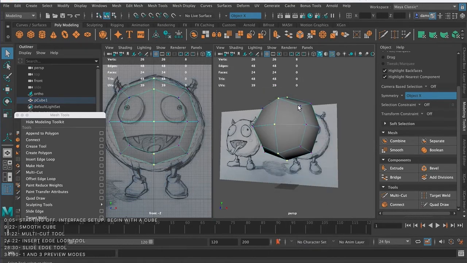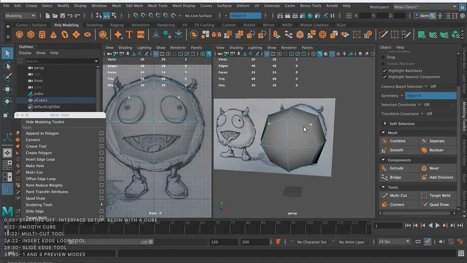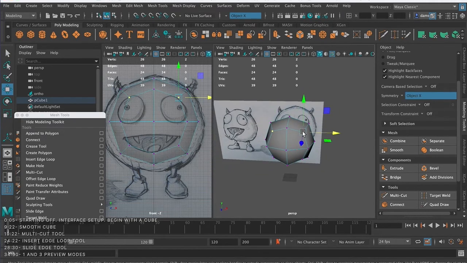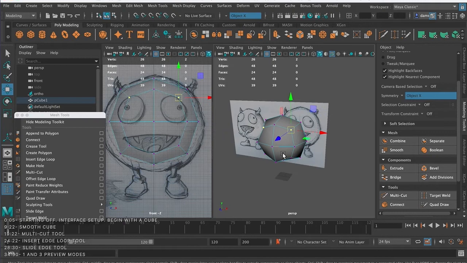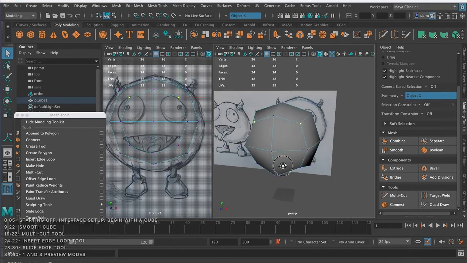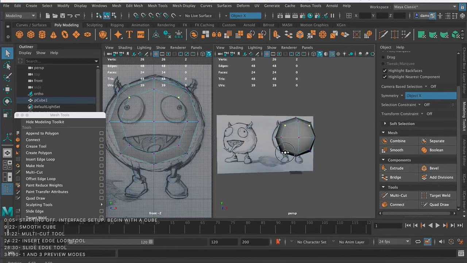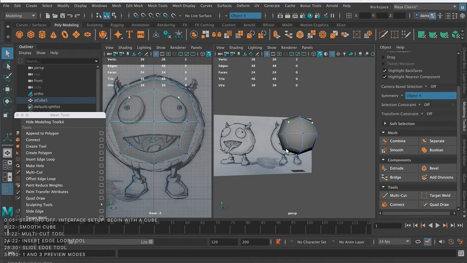Now, if I select a vertex on either side, you see how it selects the vertex on the corresponding other side? And I'll press W for the move tool. And you see as I move one side, it makes the adjustment to the other. So this can be a really helpful tool. And another way to do this, and this can be helpful particularly as your model gets more complicated, a lot of the times I'll do it this way. And again, these are two ways of doing the exact same thing,